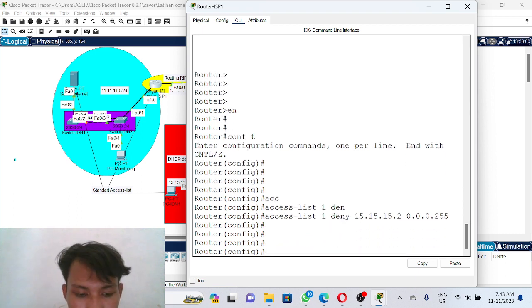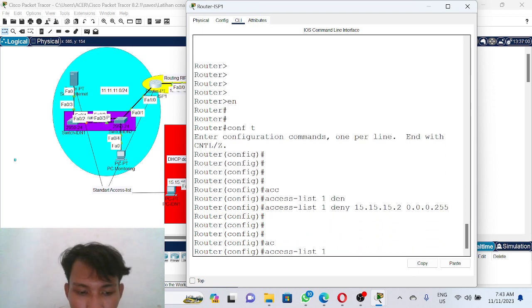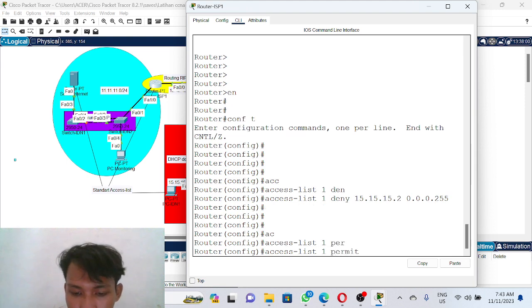Okay, access list 1 permit any. This configuration accepts everything except what we deny from this IP.